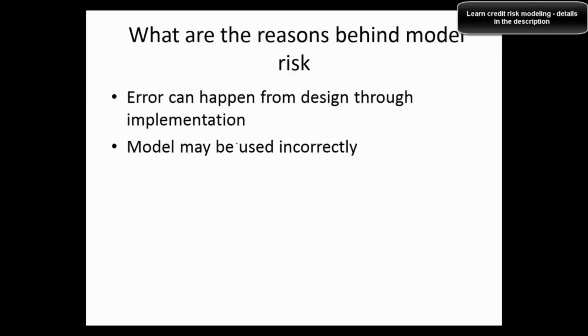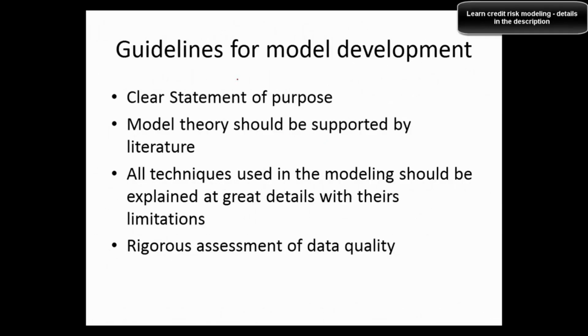And what is the reason behind even worrying about model risk? Model risk is basically understanding whether the model has been built properly. There could be n reasons why a model could have been built in a wrong way. There could be many reasons, hundreds of them, and a wrong model can be very hazardous, so it's important to really make sure. Error can happen from design through implementation. It could have been built incorrectly. All that has to be checked and reviewed.